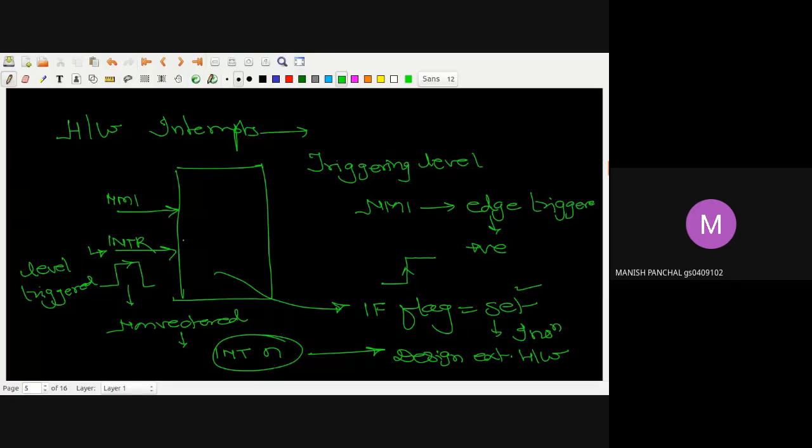So there are 256 software interrupts and 2 hardware interrupts. The second condition is that NMI is non-maskable, as you know very well because N stands for non-maskable, but INTR is maskable. Can anybody tell me how we can do the masking? How can we do the masking for that?